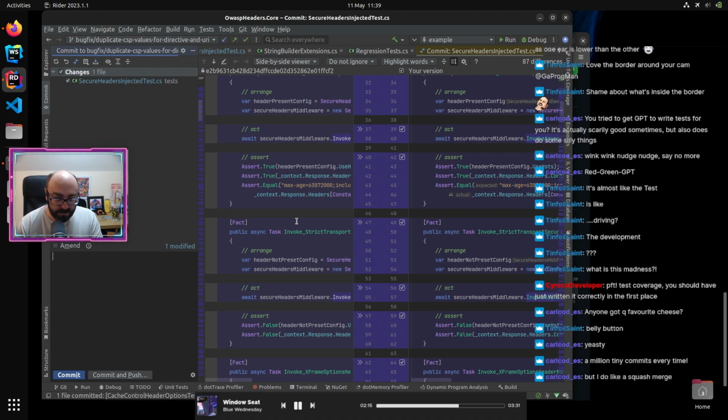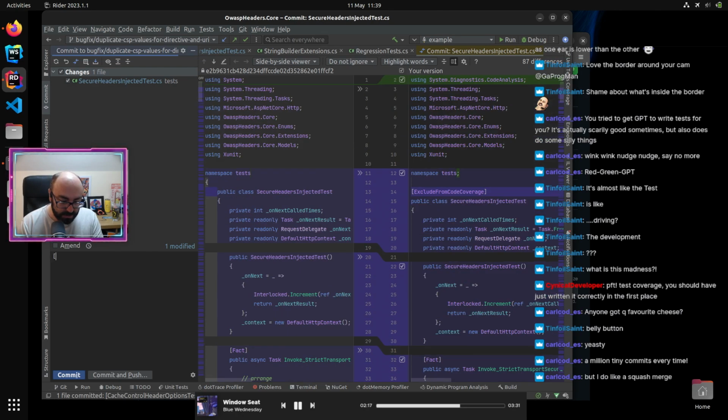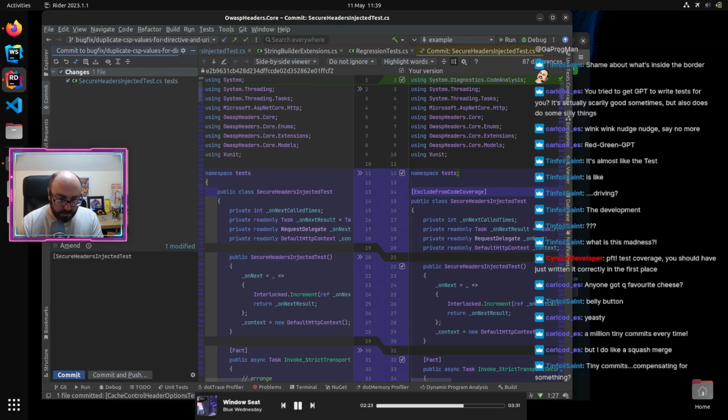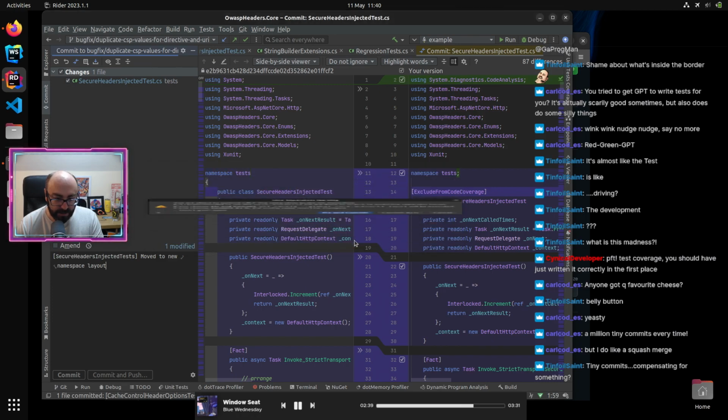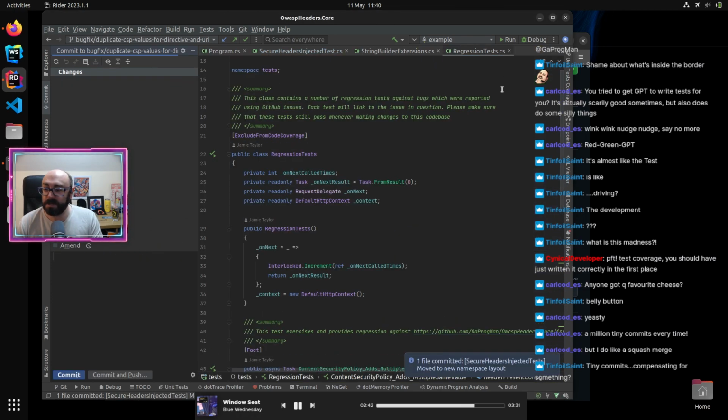So this is, which file was this? Secure headers inject. Oh, injected. Test. That should be with a plural, but there you go. Moved to new base layout. There we go. Oh no. Choose to fix and commit. Yes. So what I've noticed is